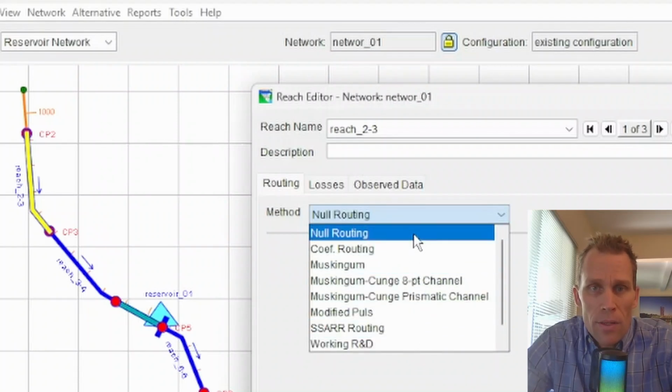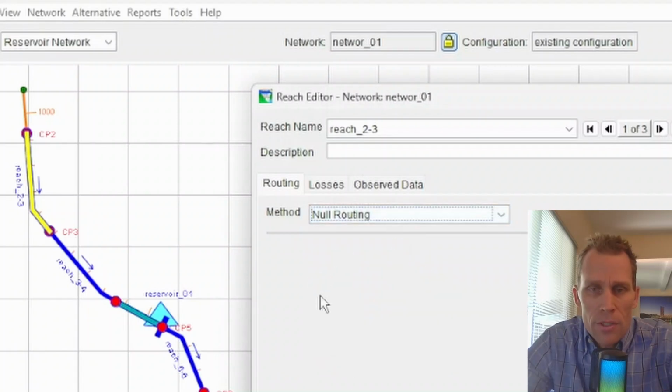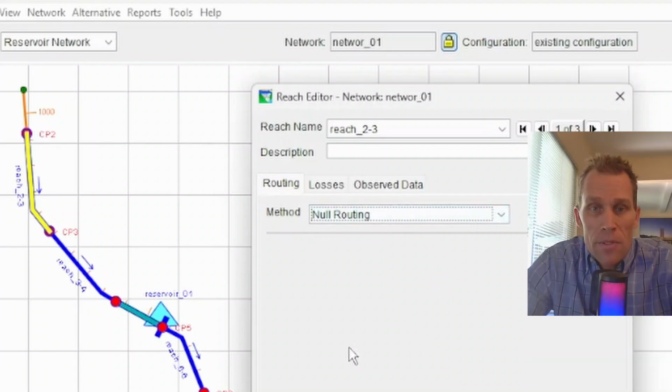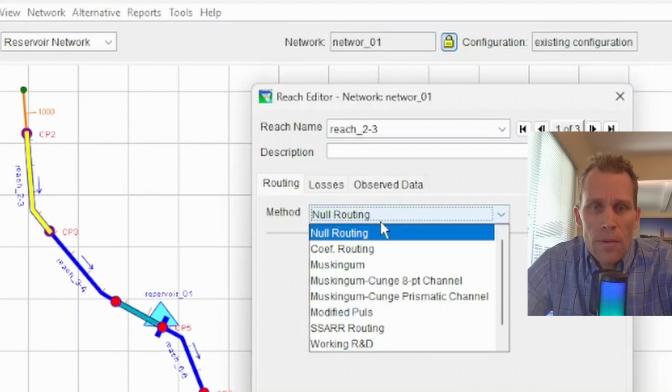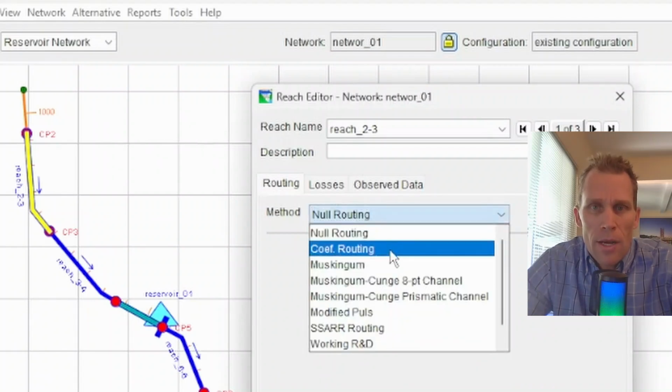Null is the default routing method. It requires no parameters, which is why we're not seeing any required fields once null is selected. And it represents no lag or no attenuation. So whatever flow enters the reach instantaneously exits the reach. It's just that simple. Okay, so a couple of the other routing methods I wanted to describe in this video,